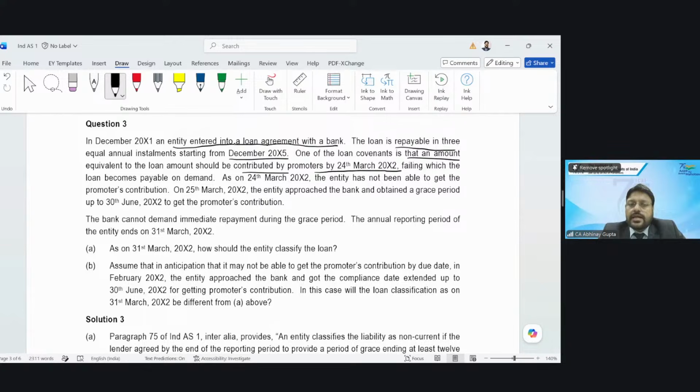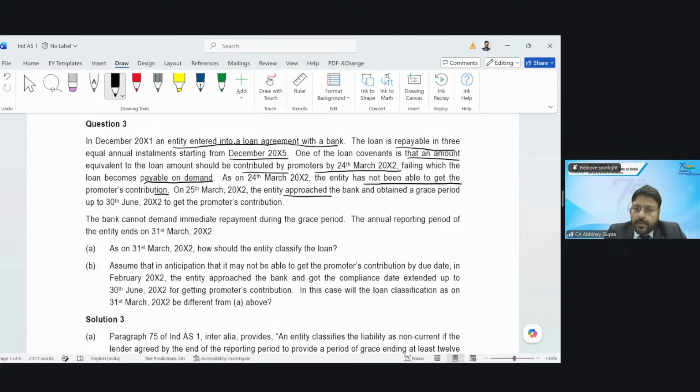So when the loan was taken in December 2001, the promoters have to contribute an equal amount by some extended window, 24th March 2002, failing which the loan becomes immediately repayable to the lender on demand, right? On 24th March 2002, the entity has not been able to get the promoter's contribution, right? So until 24th March, the promoter's contribution couldn't arrive to the company, and hence, on 25th March 2002,